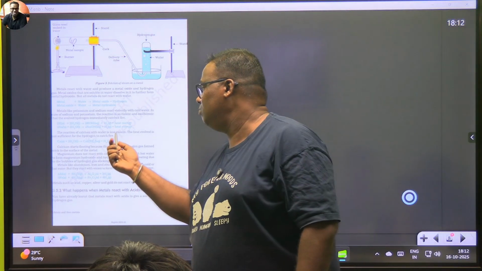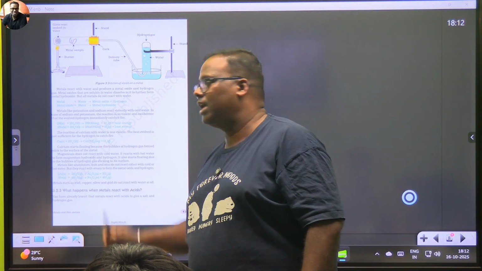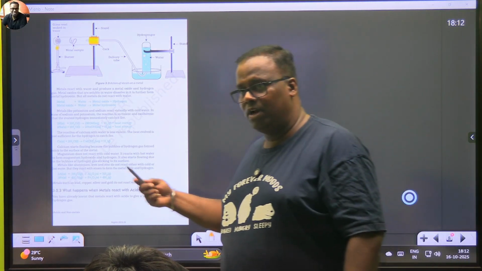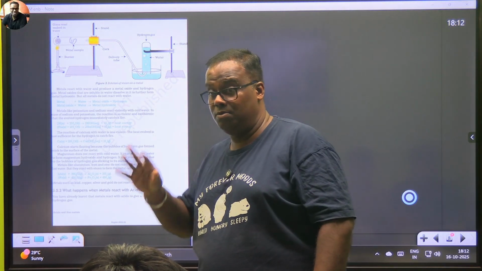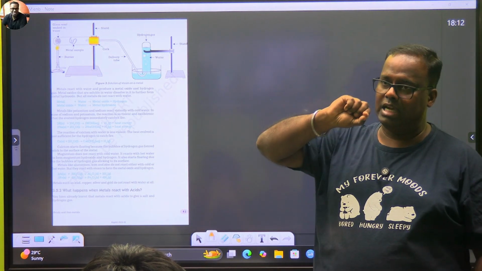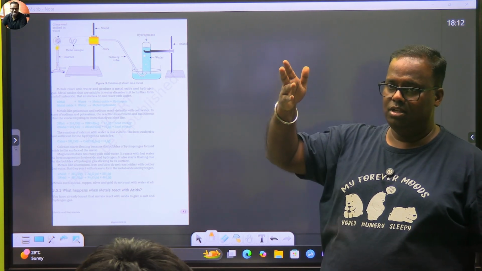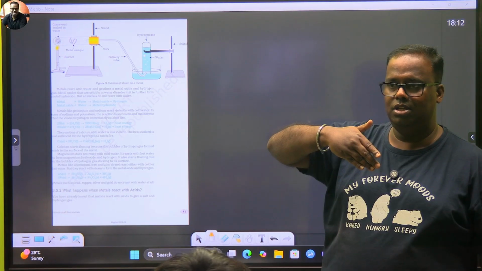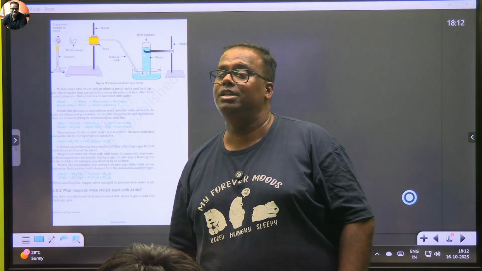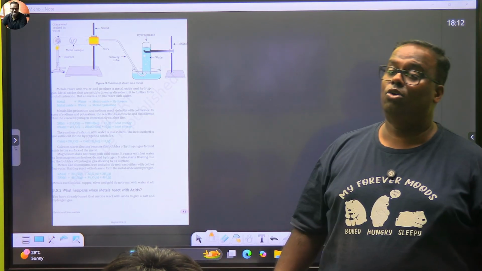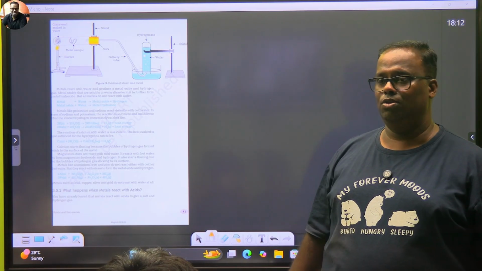The reaction of calcium with water is less violent. The heat evolved is not sufficient for hydrogen to catch fire. You will evolve hydrogen, but you will not have sufficient heat for hydrogen to catch fire. Remember this. When group 1 metals are reacting, they are forming hydroxide, understood. They release hydrogen. Similarly, group 2s also release hydrogen, but group 2s do not liberate that much heat as group 1. In group 1, the heat is much enough to actually cause the hydrogen to burn, making the process more vigorous, spontaneous, whatever you call it.